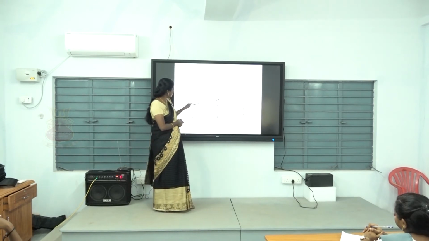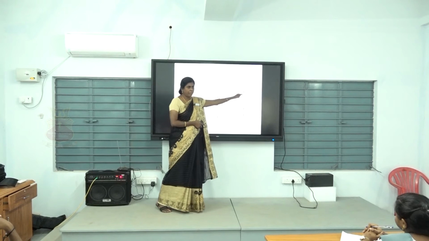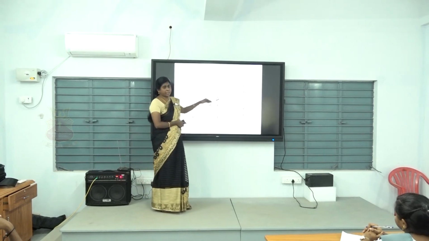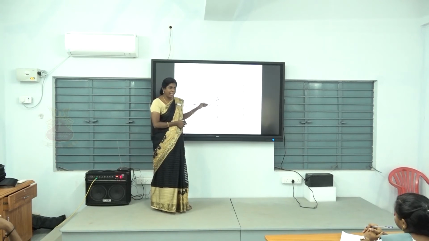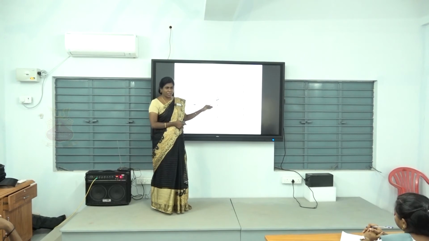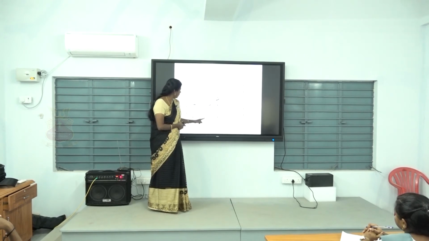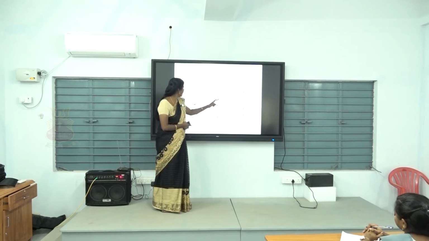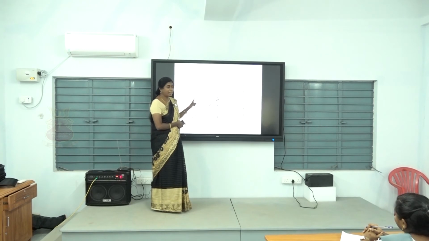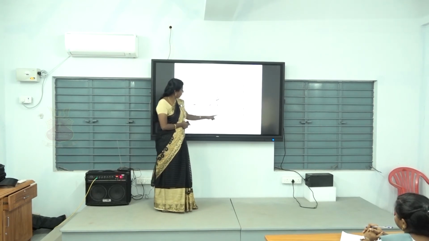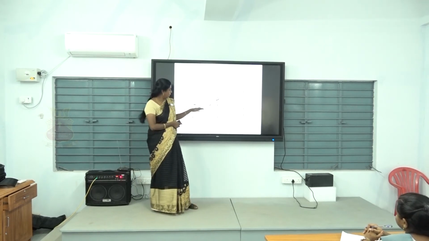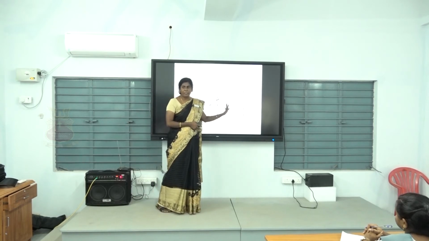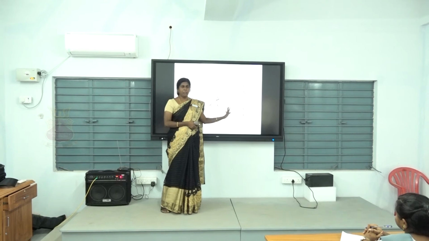Okay. Next, this is the variable cost line. This is drawn above the fixed cost line because variable cost varies with the volume of production, isn't it? So if we produce 500 units, the variable cost will be 25. If we produce 1000 units, the variable cost will be nearly 30. If we produce 1500 units, the variable cost will be 32. So it is clear that variable cost varies according to the volume of production.